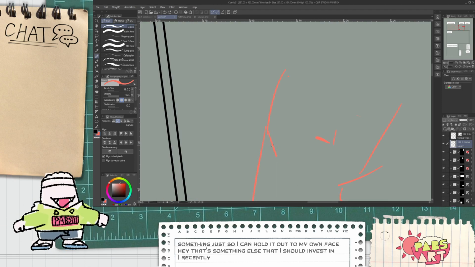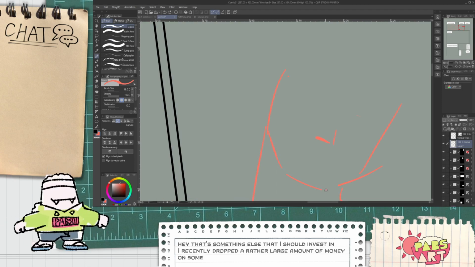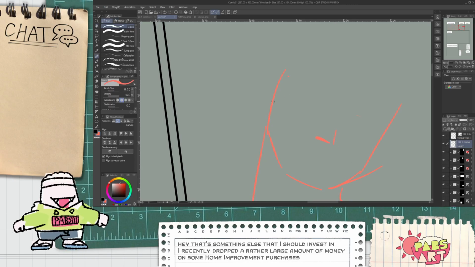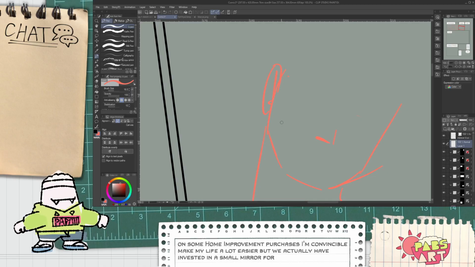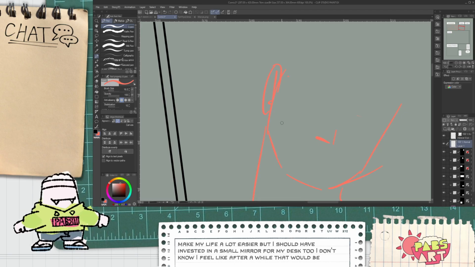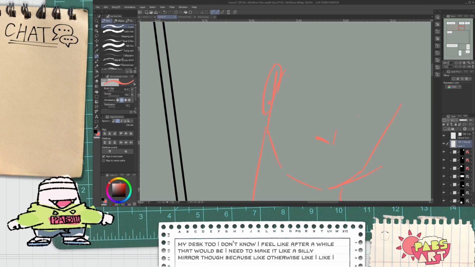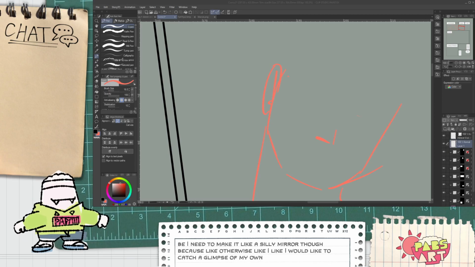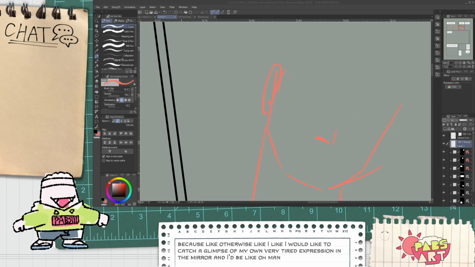I recently dropped a rather large amount of money on some home improvement purchases, all of which I am convinced will make my life a lot easier. But maybe I should have invested in a small mirror for my desk too. I need to make it a silly mirror though, because otherwise I would catch a glimpse of my own wary, tired expression in the mirror, and I'd be like, oh man, I look bummed as hell. But if it's a stupid mirror, like a tiny version of those funhouse mirrors, it'd be a little bit like